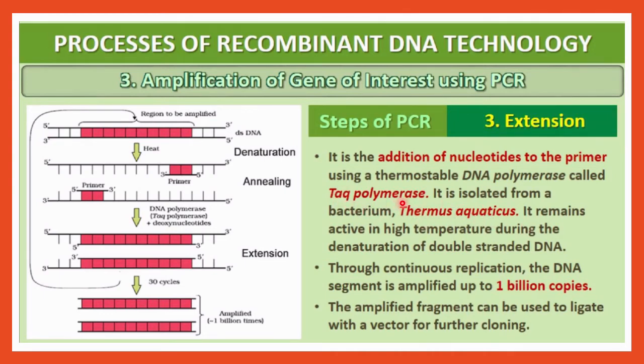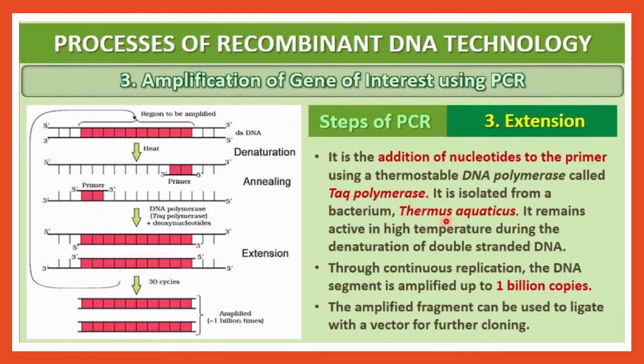This polymerase enzyme is a DNA polymerase which is responsible for synthesis of DNA. This enzyme is isolated from Thermus aquaticus bacteria, and that's why such a DNA polymerase is now called Taq polymerase enzyme. This enzyme is very important for any PCR technique. Why is it important? Because here you have to use thermostable DNA polymerase. Otherwise the enzyme itself will be denatured due to the high temperature. So you have to use an enzyme which can withstand the temperature rise. So here you have to use the Taq polymerase enzyme.